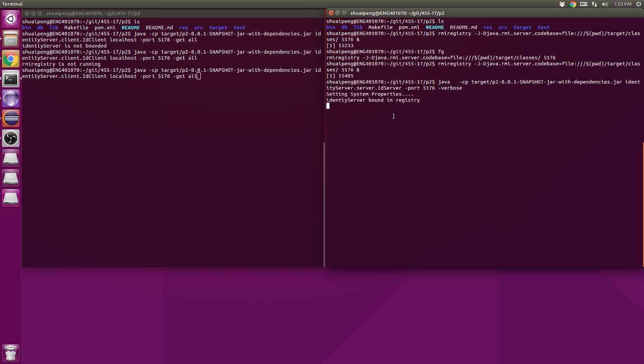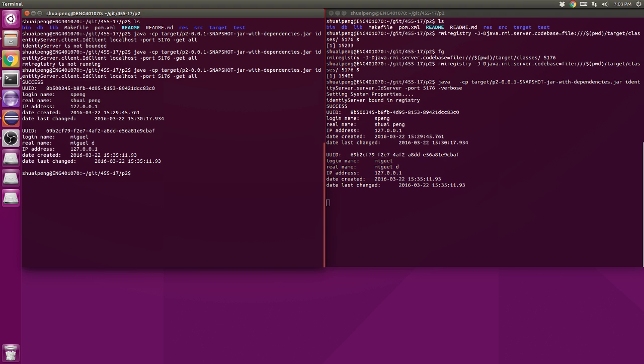So the server will actually be outputting stuff because we specified verbose on the server side. And now let's get all. It should be empty. It's not. We have pre-existing stuff, so that means the database side is actually working. So we can leave these as is for now, and we can start with creating